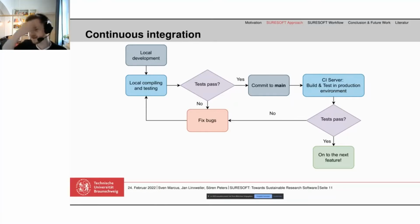There is another thing I want to highlight about continuous integration. There's a common misconception about this practice. Most people assume it's about this continuous integration server that picks up your changes and builds and tests them automatically in a production environment. But that is not entirely true. It is important. It is very important. But if we have a look at the name of the practice, it says continuous integration. Integration is in the name. And this is why committing to the main branch of your repository is a very important part of this